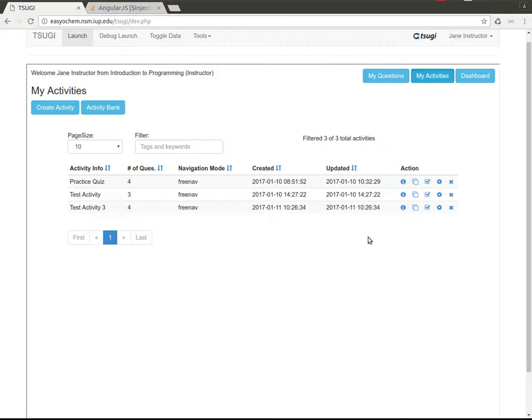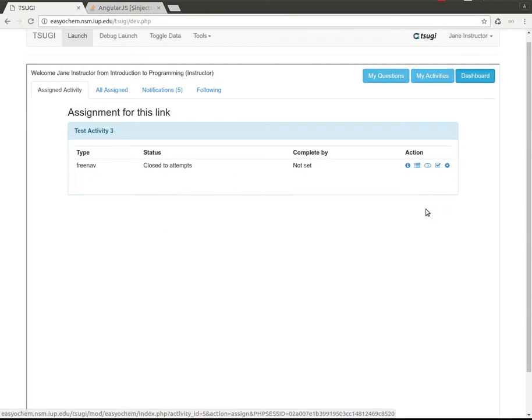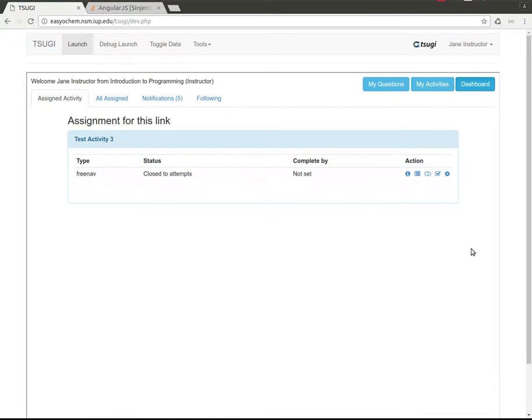is right here. You could preview this activity now if you'd like by clicking this info button here. You could copy activities with this button. You could assign this activity. Let's assign this activity. So now test activity 3 will be shown to the students when they log into this